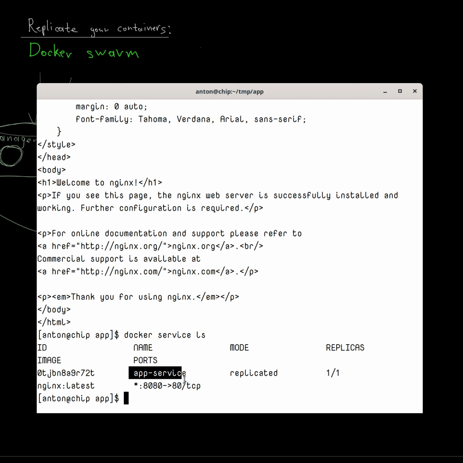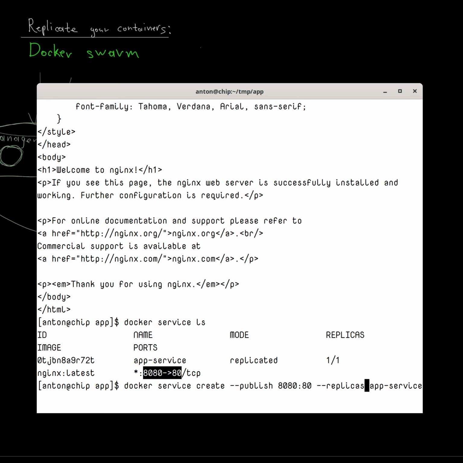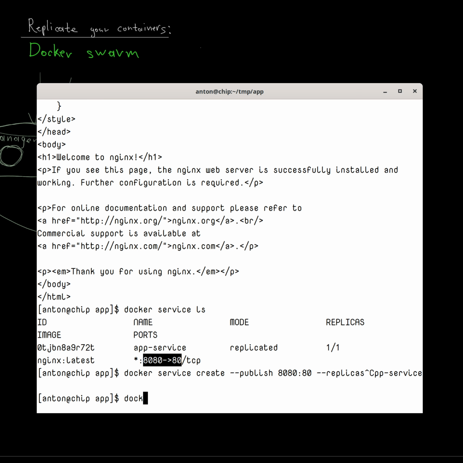So you might have as many services as you want on your local machine, and if you want to publish your service when you create it, it will be a little bit different. When you create a service, you'll specify the publish option instead of publish-add, and basic options like replicas go here as well. So let's remove our service, and to clean up the system from any services, any swarm related features running,